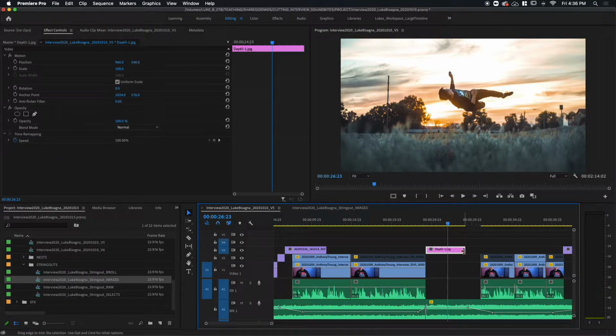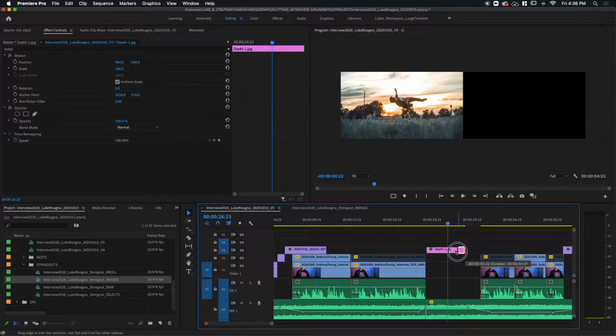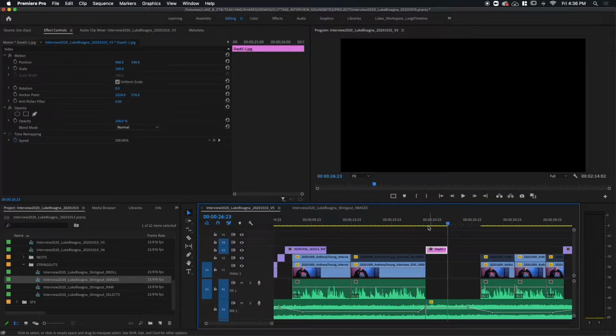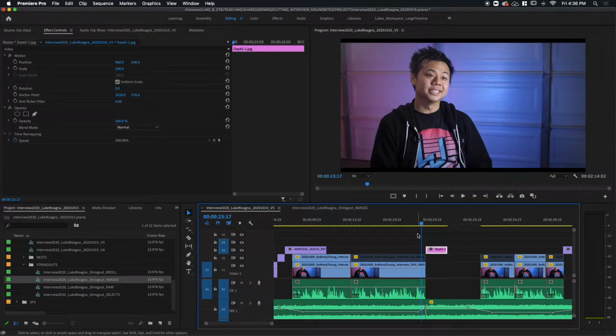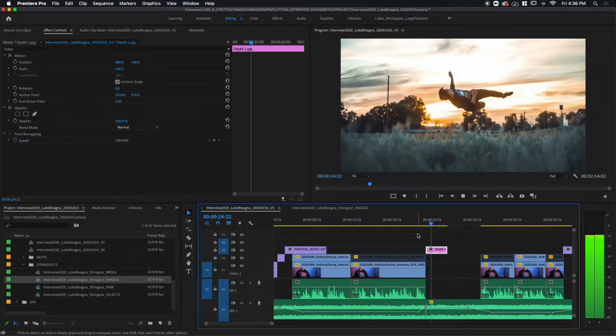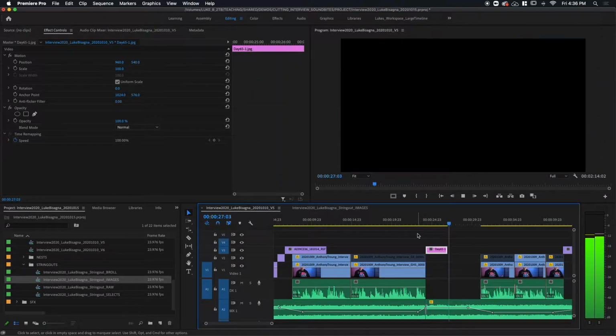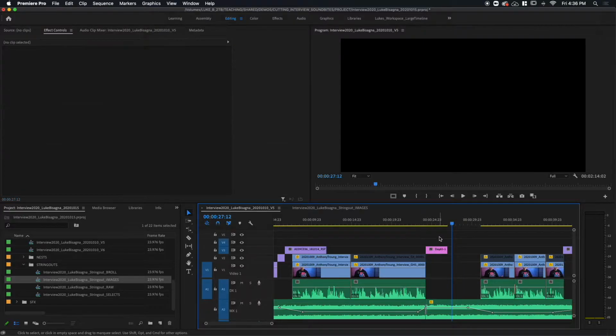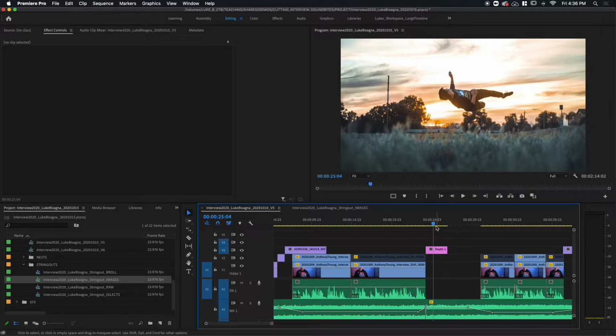So with my playhead on that, I'm going to drag the end of this over, trim it back, and now we've got the image for the exact amount of time we want. Cool. Nice little rhythmic representation. And the image itself is super cool, but it would be even cooler if it moved, if we could get a little motion associated with this. And we can do that using the motion controls in Premiere.